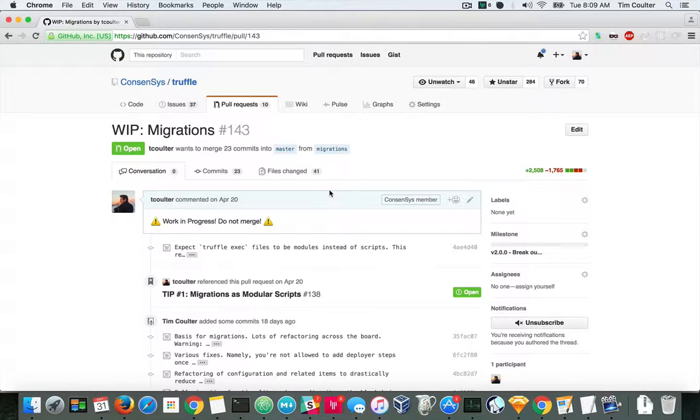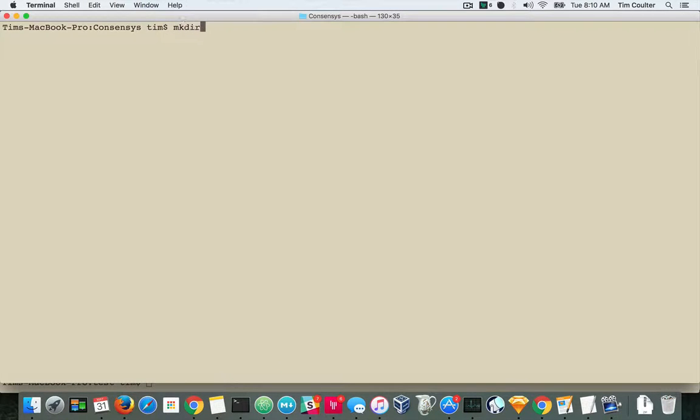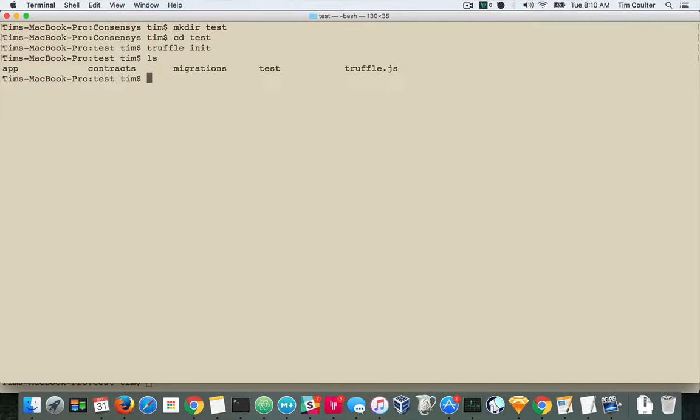So what I built is a function to allow for scripted deployments, and I'm going to show that to you right now. So what I'm going to do is create a new Truffle project. So create a new directory, go into the test directory, Truffle init, and go ahead and init a new version of the app. And what you're going to see is this is a very different structure if you're used to Truffle projects. You have the app directory that it gives you and the contracts directory that it gives you, but instead of an environments directory, there's this migrations directory,